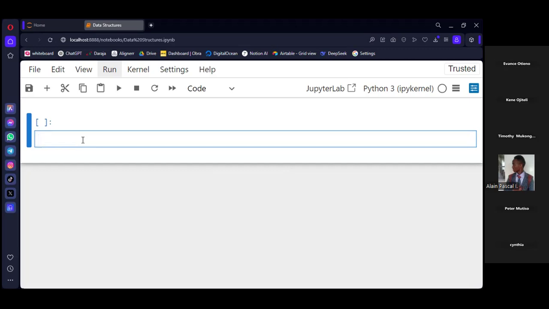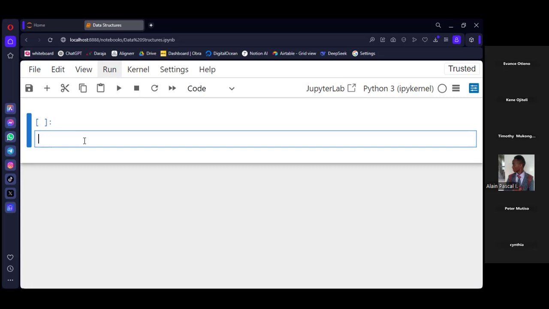A list is like a collection to store multiple items in a single variable. So one of the data types you can use to store multiple items is the list, and we are going to talk about the list in detail in a few minutes.